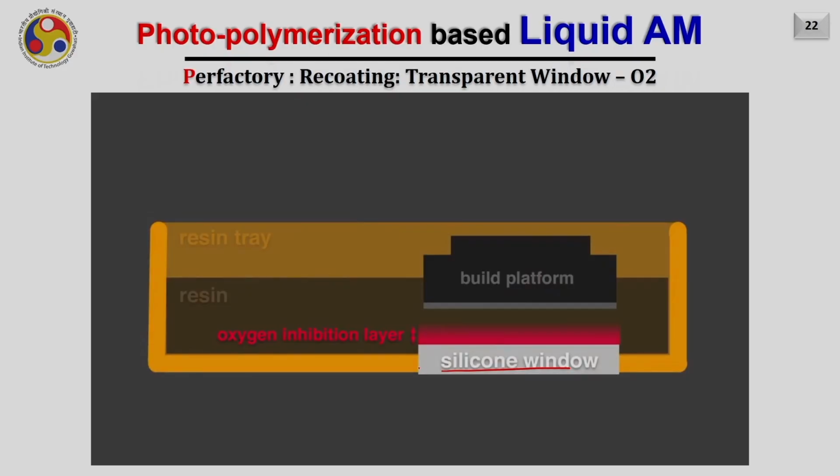As the oxygen can transfer through that, we can pass a very small layer thickness of oxygen from the bottom side in such a way that the build platform will be slightly above, or the liquid photopolymer will not be directly in contact with the silicon window. It will be slightly away from it, and we will cure it away only, and hence there will be no physical contact between the cured part and the silicon window or the transparent window.